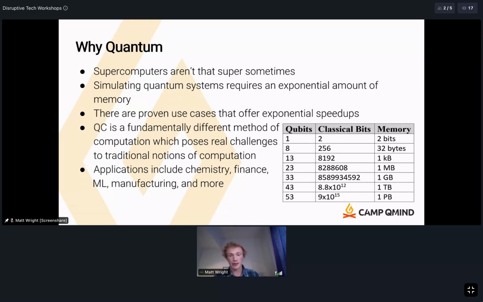So, you know what? I just hyped up quantum computing for a while, so now I'm going to try to take it down a peg. Because as I said, it's important to untangle the reality from the hype. And it's true for every new technology, for blockchain and AI, they're no different. But a common misconception with quantum computing is that it can do everything a classical computer can do, but faster. And that's not true. It can do everything a classical computer can do, but it's not faster. It's only faster at a very specific set of things.